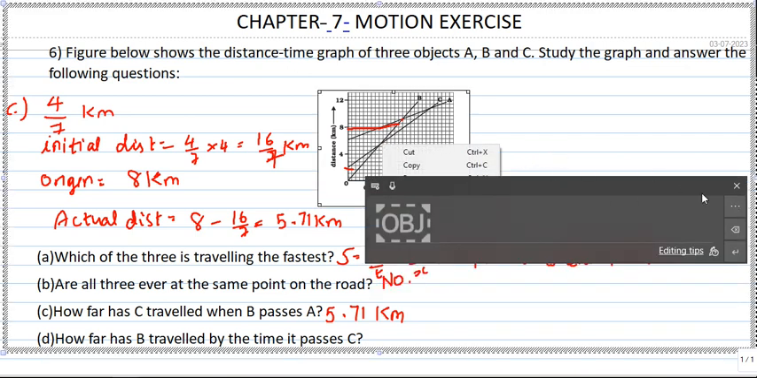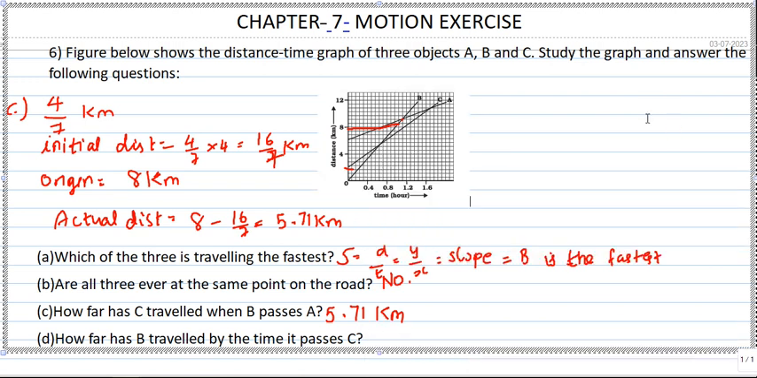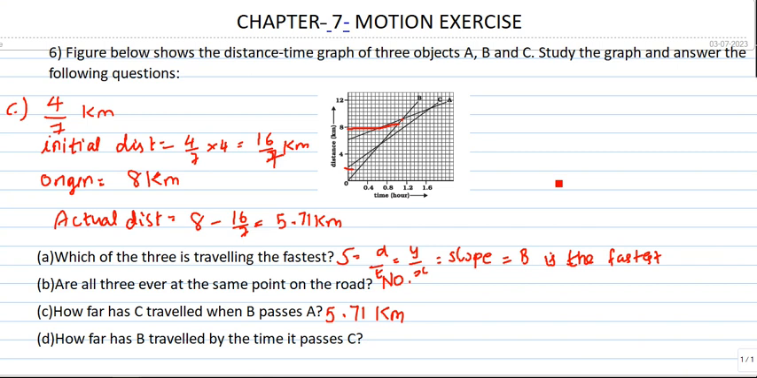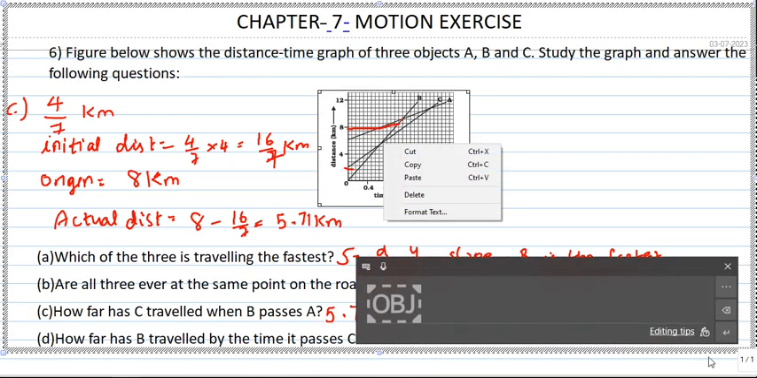This is the point B has. So we see the point. At this point we have to find out